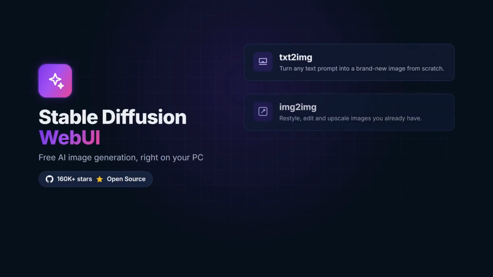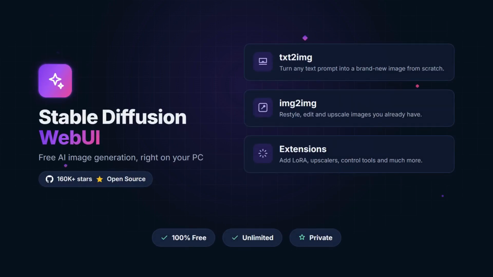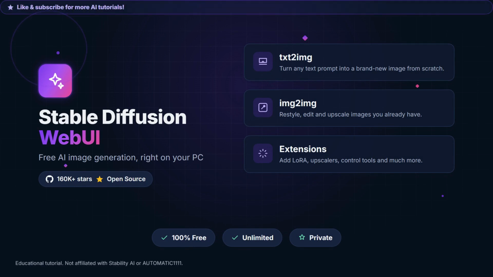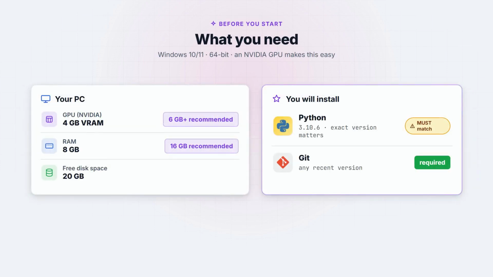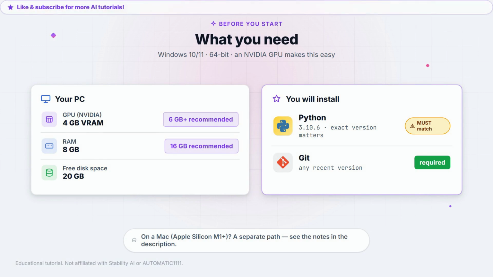Stable-diffusion WebUI is a free open-source tool that generates images right on your PC. No cloud fees, no limits, your ideas brought to life locally. Here's what you need: a Windows PC with an NVIDIA GPU, 4 GB of VRAM, and 20 GB of free